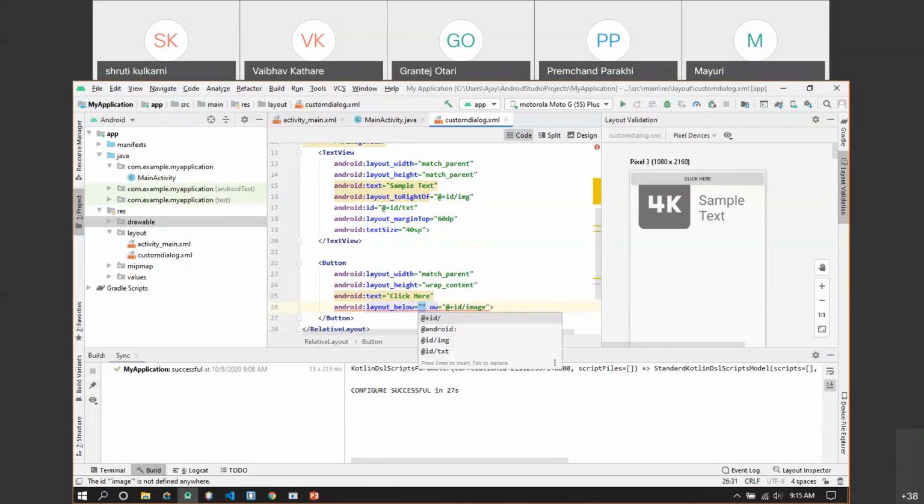Yeah, so why is it showing the error? Let me check it. So what was the, yeah, so the ID was img, not image. Img.